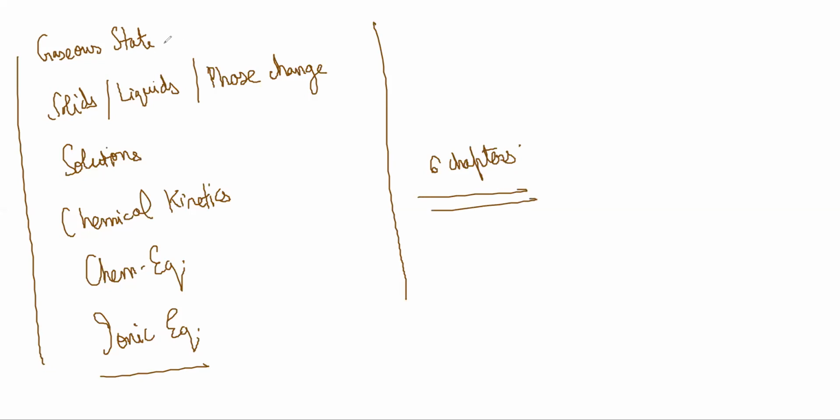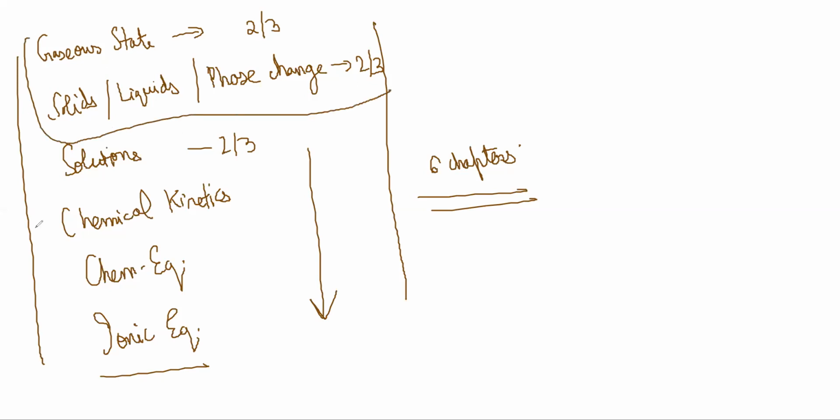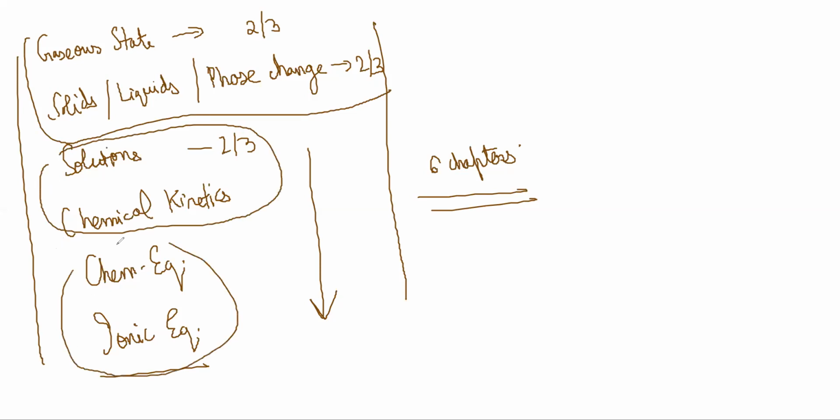Most of these chapters are quite easy, so I'm anticipating 2-3 weeks for each. In 2 to 3 months, we should be done with all of it. In 1 month, at least 2 chapters will definitely finish. Right now it is August, so September, October, November. By sometime in November, we'll be done with physical chemistry, mostly. Only 1 or 2 chapters will be left, and we'll start organic after that.